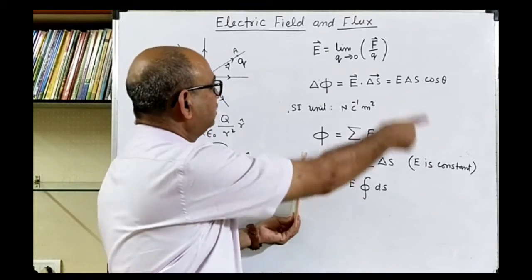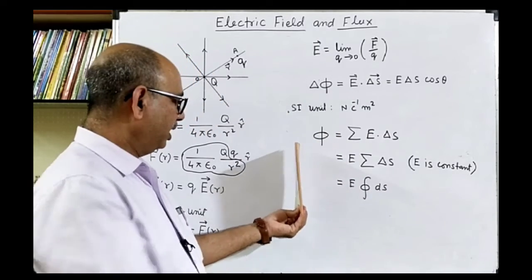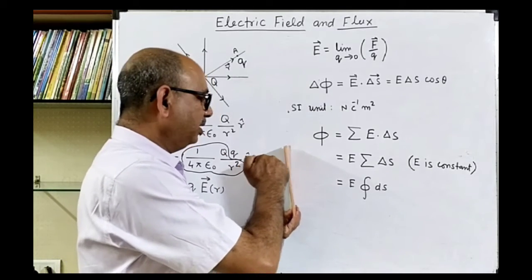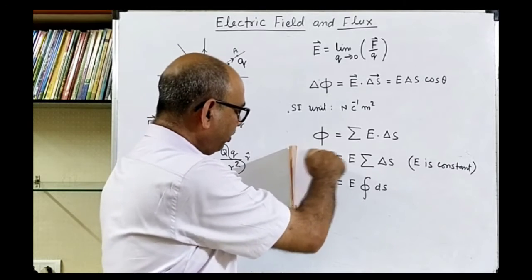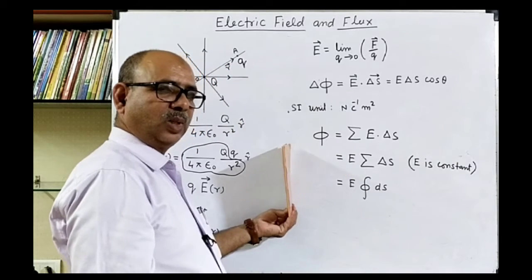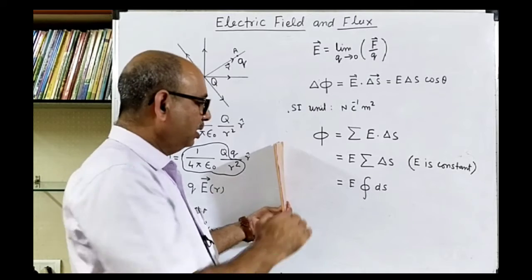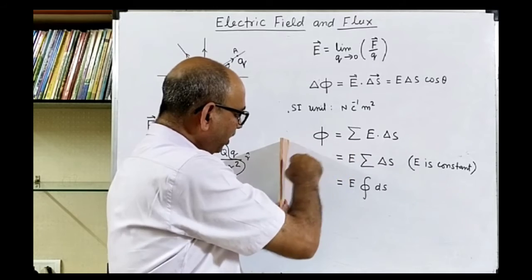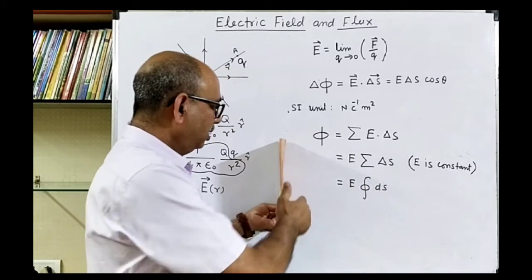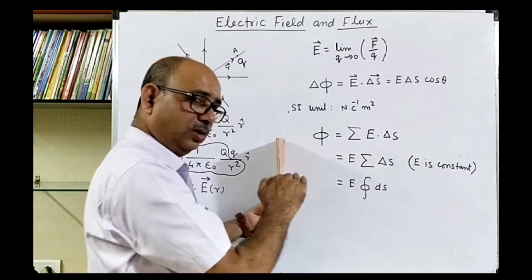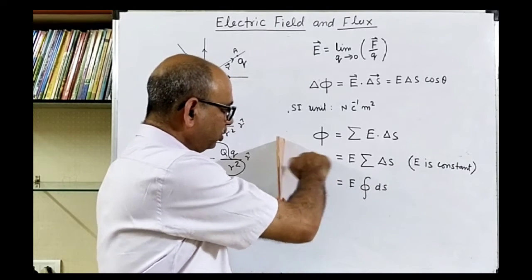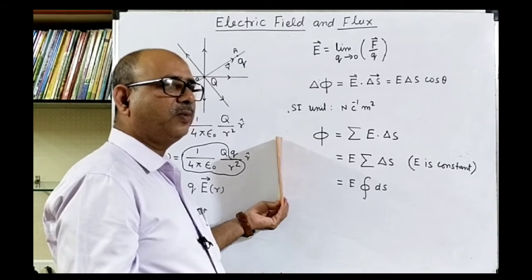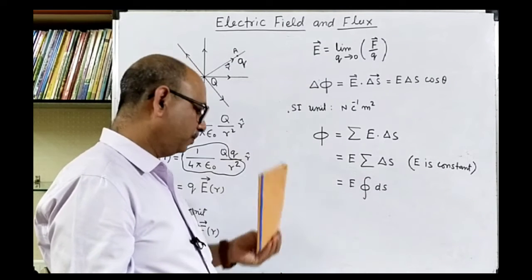If we consider the total surface as this whiteboard and a small part of it is taken, then how many lines cross this surface perpendicular to it? Here we should note that the electric field lines must cross perpendicular to the surface, not along the surface. It will always cross perpendicular to the surface. Only those values of the electric field lines we should consider for calculating the electric flux.